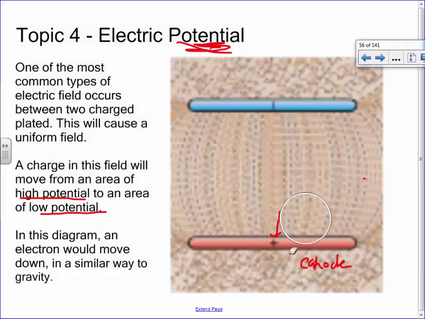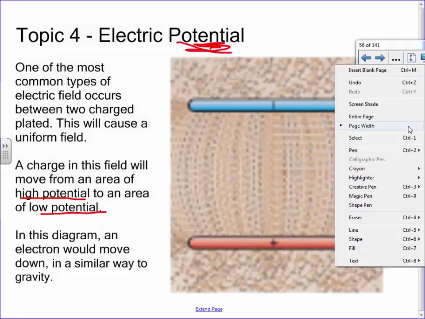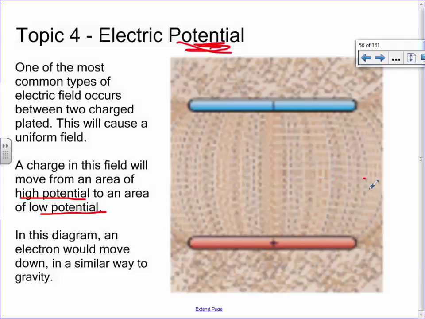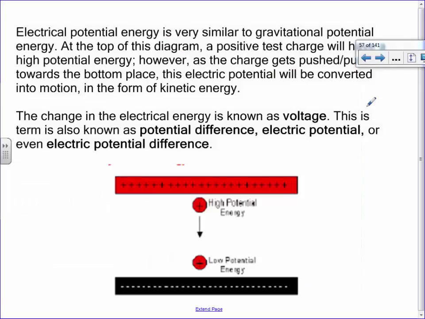I pulled this diagram out of a textbook here, and it has field lines being shown, but it didn't draw any arrows. If this were field lines, which way would the arrows point then? Down or up? Good, up, yeah. The reason why is that field lines, like we just said earlier, are based on what a proton would do. So these guys would want to go up. Does that make sense? Okay.